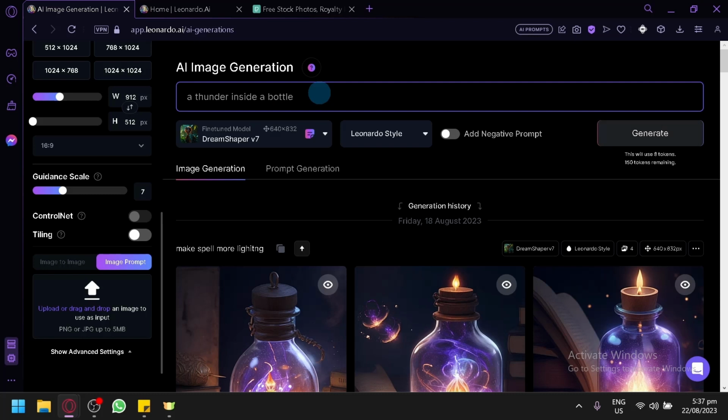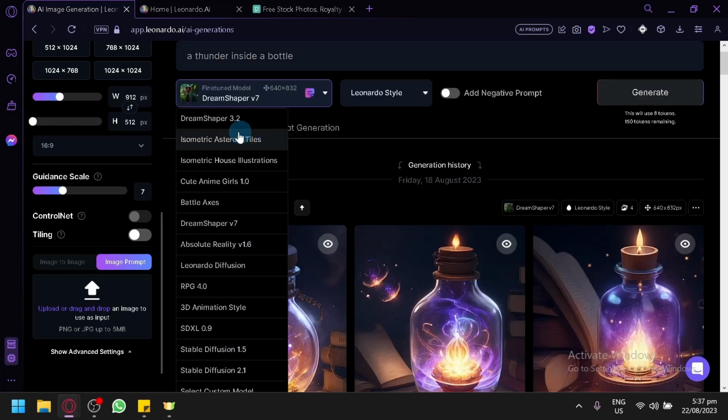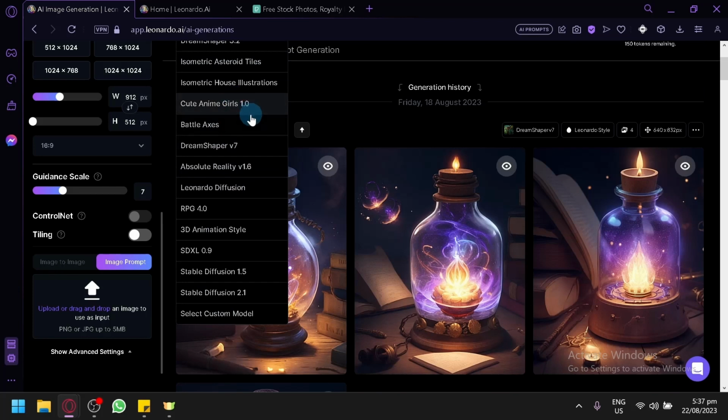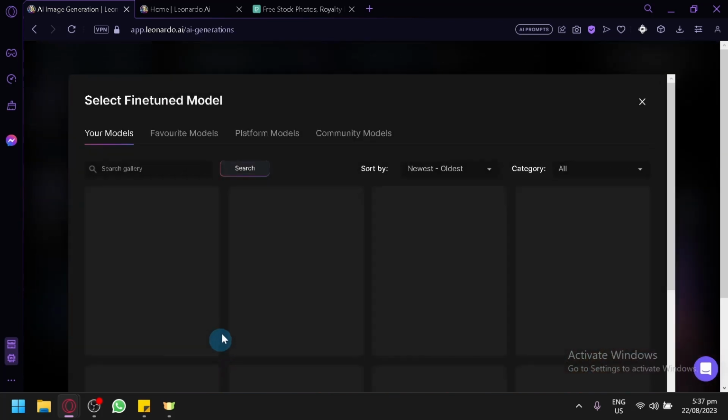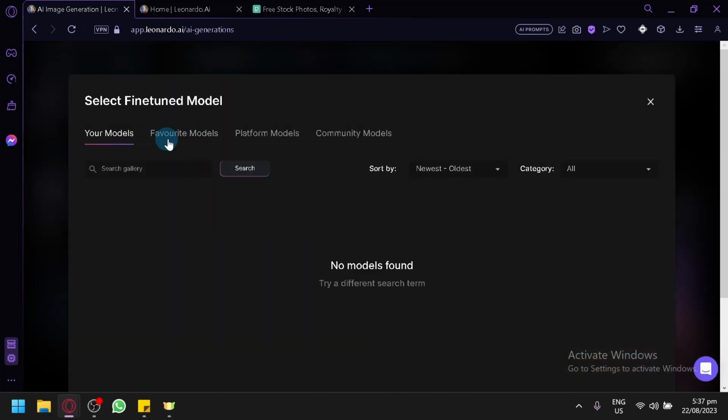Now this is our very simple generation for today's first generation. And we have the fine-tuned model as the DreamShaper version 7. To be able to change the model, by the way, you're simply going to select this option. And as you can see here, I have a list of the different models that I am using. But if you don't see the specific model that you want to use, you can simply click on select custom model over here on the bottom,